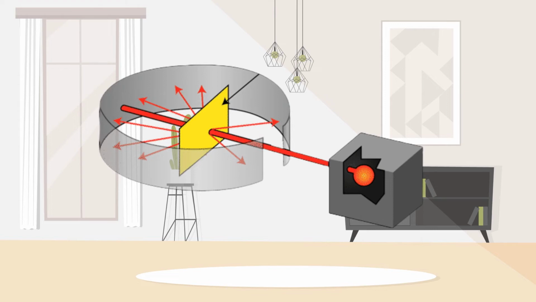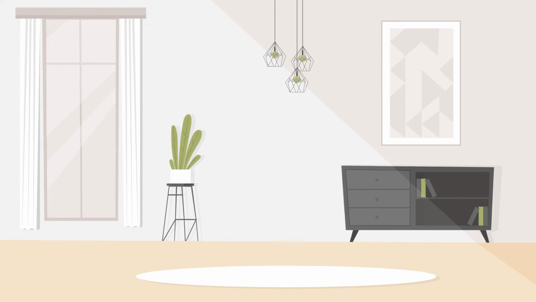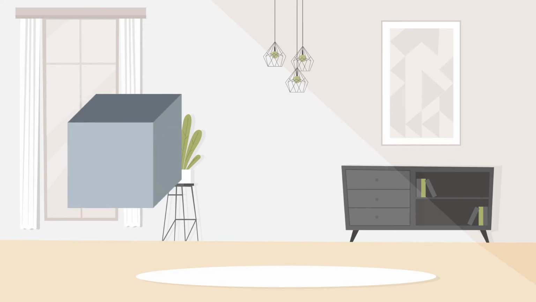The alpha source emits particles randomly in all directions, but to study how the alpha particle's path is altered, they need to ensure they only hit the foil at 90 degrees. They achieved this using a collimator. An alpha source was encased in lead with a single hole, so a controlled beam of alpha particles was fired at the foil.